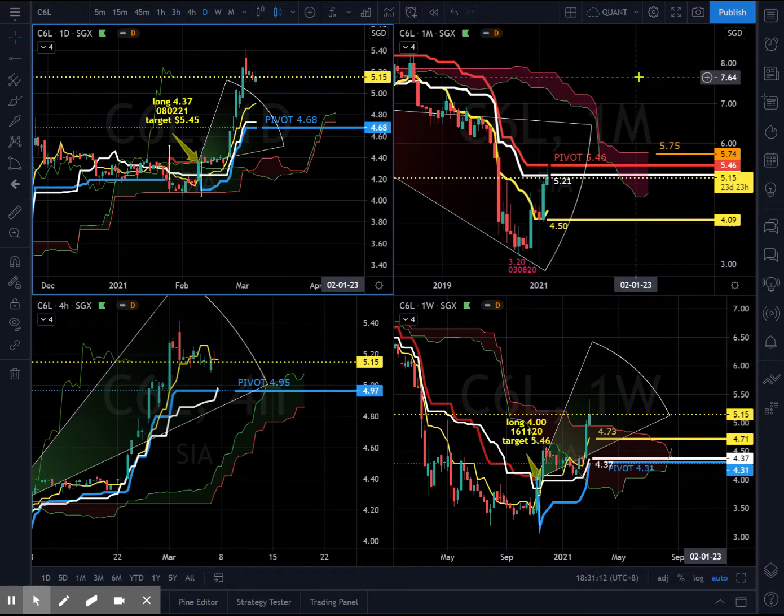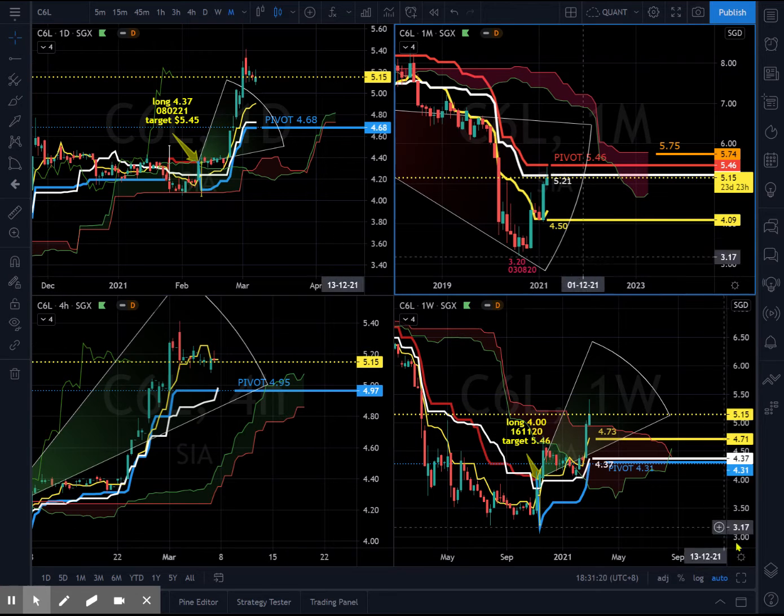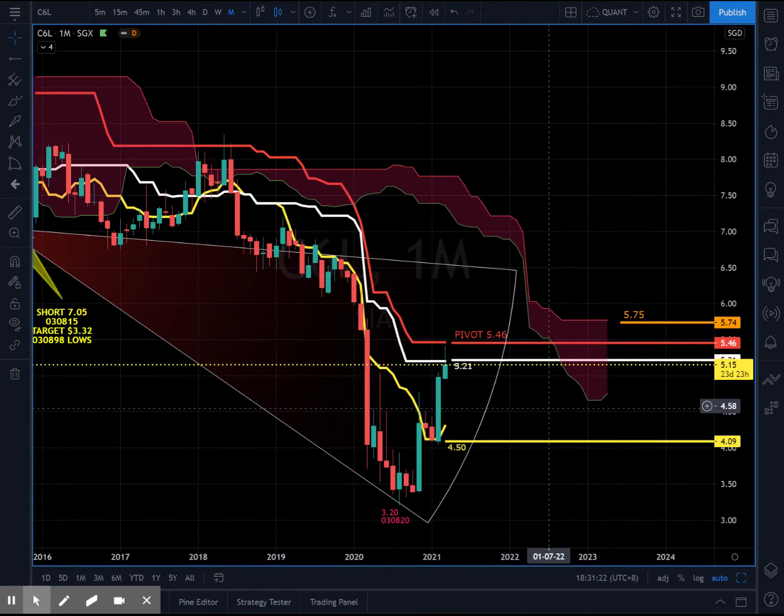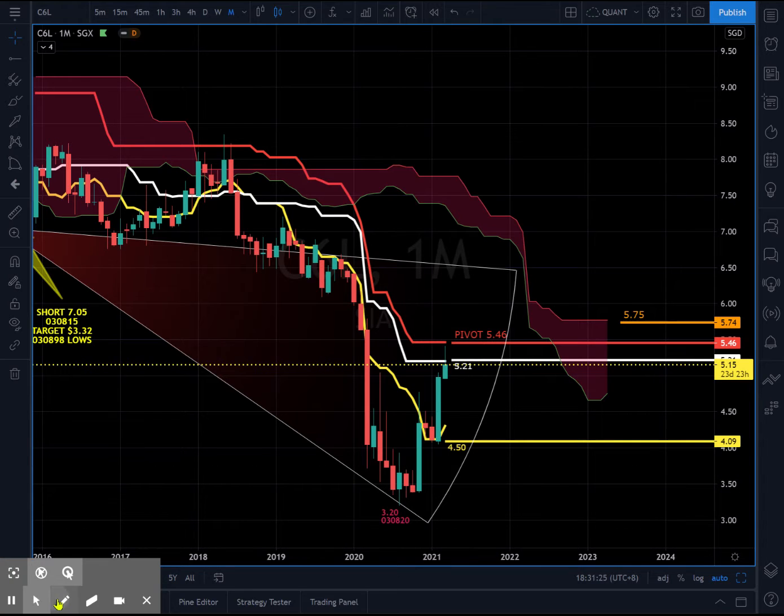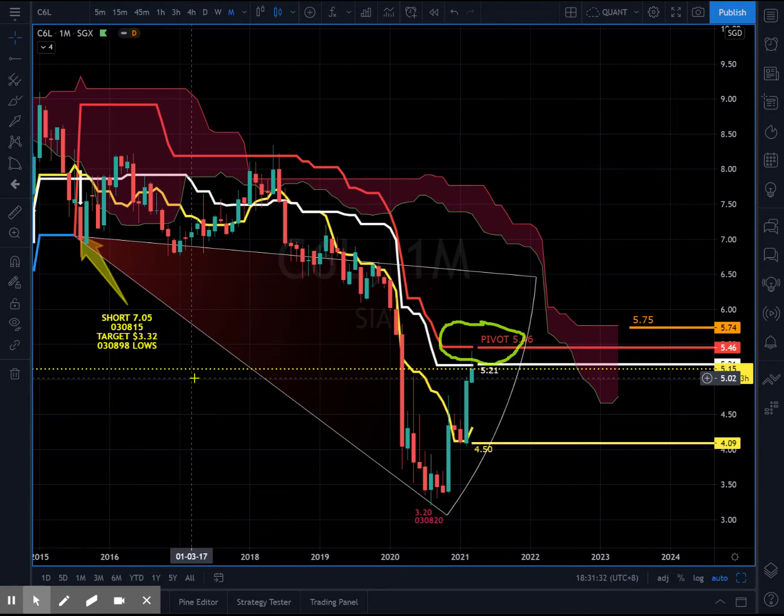quantstrategic.com.sg, and this is a follow-up to my post on my blog, quantstrategic.com.sg, on Singapore Airlines. On a monthly basis, Singapore Airlines has a pivot at $5.46 to break before it actually brings some strength and breaks this particular downtrend that has started since the 3rd of August 2015. Yes, for 6 years, the Singapore Airlines stock has been on a downtrend underneath this pivot trend